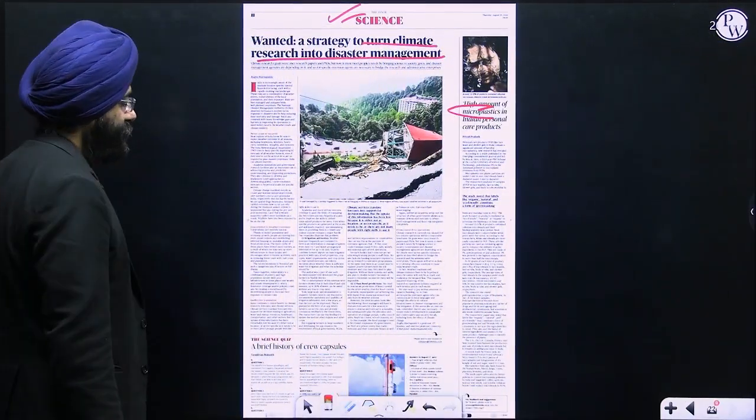So this is the part of the newspaper which we have on 29th August 2024. Please remember one thing. Newspaper reading, many people would say, is it important or not? I would say it is the very essential ingredient of your civil services examination. Why? Because there are certain issues with the Indian education system itself. How? Over the years we have been trained or have learned that if we do rote learning, we can get marks, right? This is generally the flaw of the Indian education system.